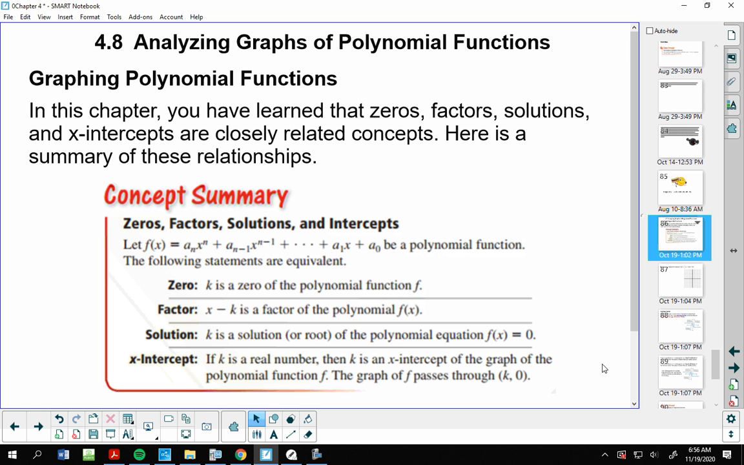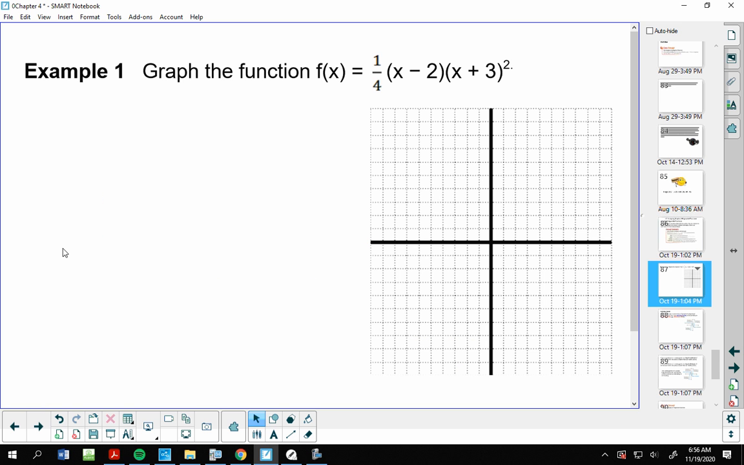Okay, so in this chapter so far, we've learned that zeros, factors, solutions, and x-intercepts are all closely related. Virtually, they're the same thing. So the following statements are equivalent: zeros, factors, solutions, x-intercepts. They all really mean the same thing. So what we're going to do today is graph polynomial functions. We're going to do 3 examples, and then we're going to do one additional concept at the end called even